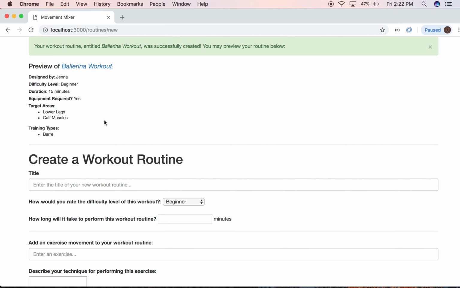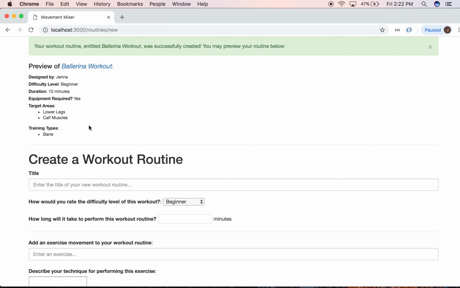And when that Handlebars routine template function is invoked inside of my formatAndPresentPreview method, I'm taking the values corresponding to the keys in my new routine object, and I'm using those values to replace the Handlebars delimiters in the template. So the result of this is the HTML